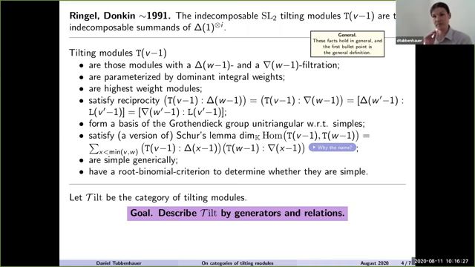Let me just zoom into my strategy before I continue. So these tilting modules actually, they want to be characteristic 0 things, right? So in particular, they have this nice Hom formula. You don't have to look at it too much. I will just click on the link in a second, because they satisfy a version of Schur's lemma. You can determine the dimension of the Hom spaces between two tilting modules by just looking at their nabla factors or the delta factors. And why do I call this Schur's lemma? Well,